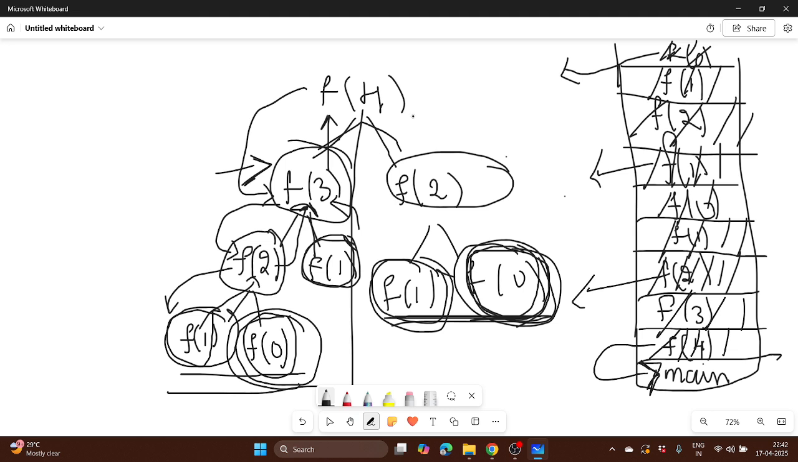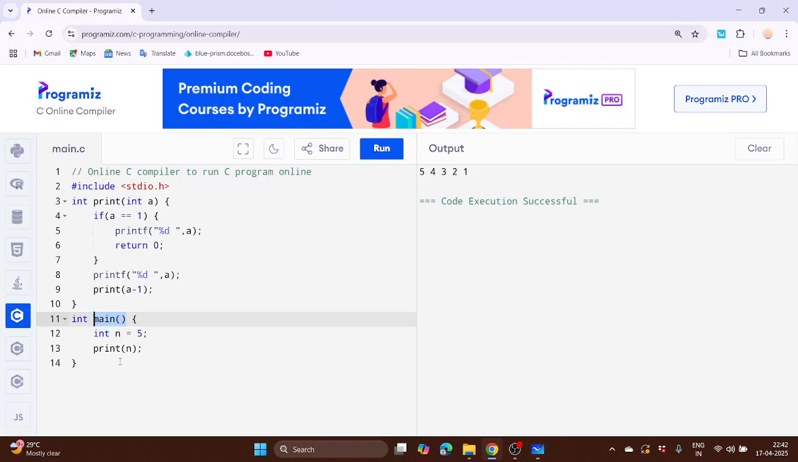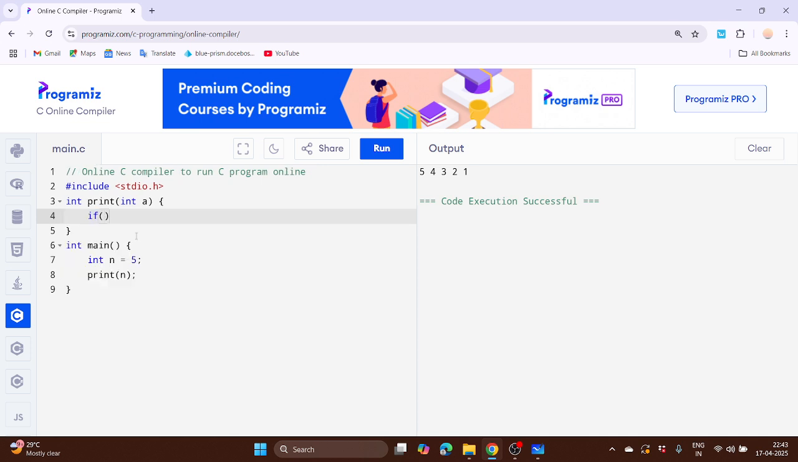This is the recursive tree to print the Fibonacci series. Okay. Shall we see the code for this? Okay. Initially, I have taken n as 5, right? Okay, I'll change the condition. If n less than